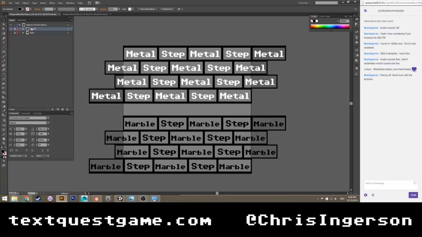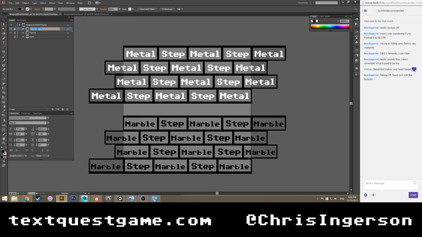Let me think. How do I want to approach this? So we're going to need a metal and a marble split. That's obvious. Then we will need metal tile and metal divides split. Then marble tiles and marble mortar split. I think that might be it. Actually, we might not have to be too complicated on this.